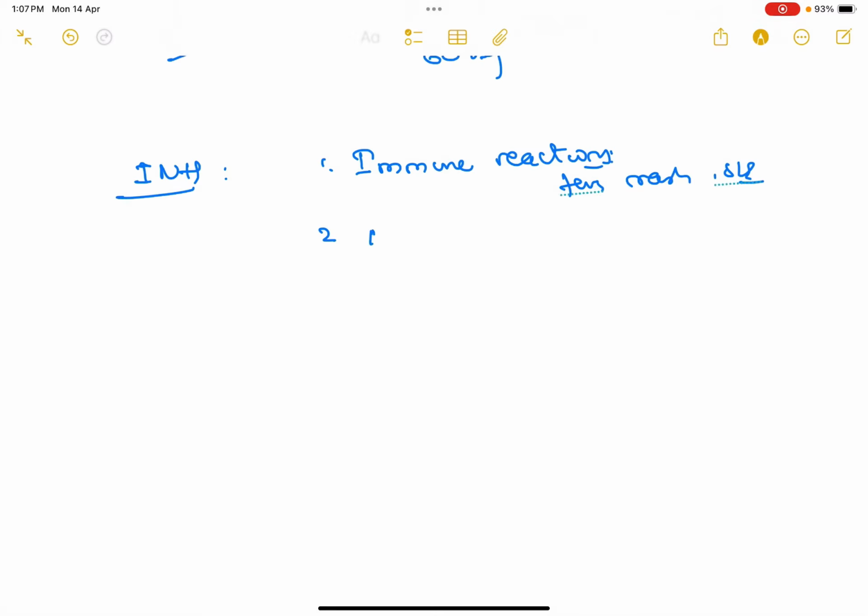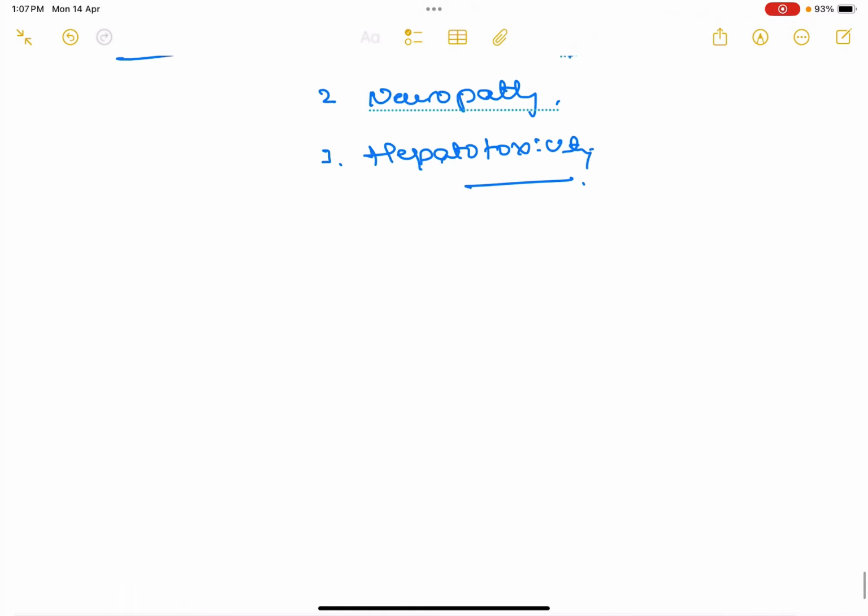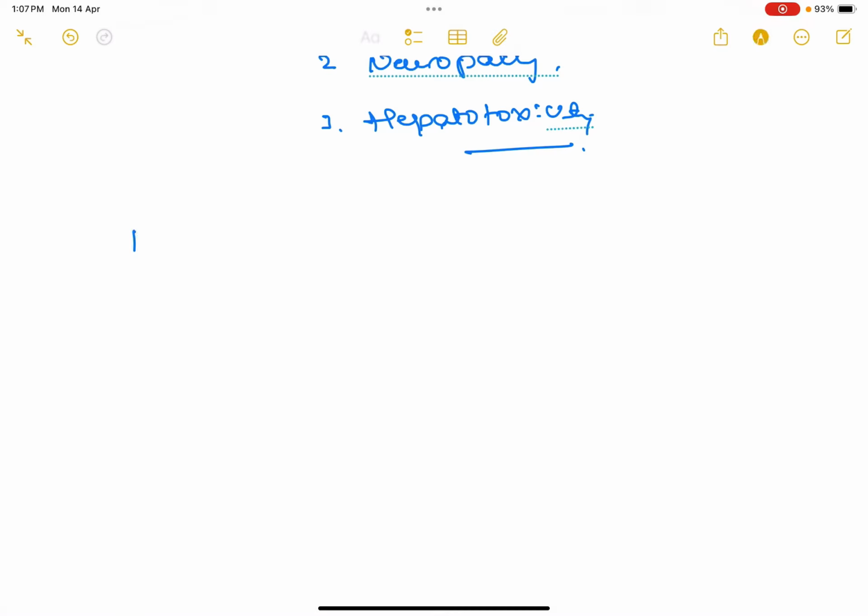Okay, one more, N stands for neuropathy, peripheral neuropathy. In rare conditions, nephrotoxicity can also happen. Third one is H stands for obviously hepatotoxicity. So these are the possible side effects that you have to remember whenever you are giving isoniazid to the patients. So one more drug that you are giving is